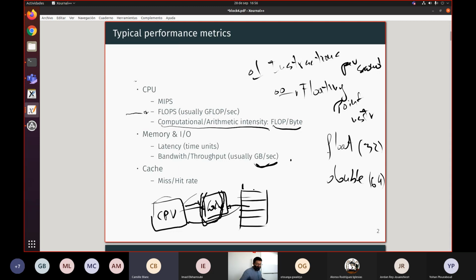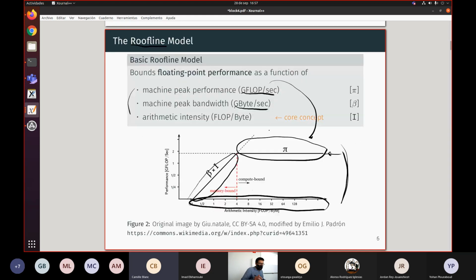Computational or arithmetic intensity. That means how many floating point operations we are able to execute per byte we are taking from memory. So these two lines